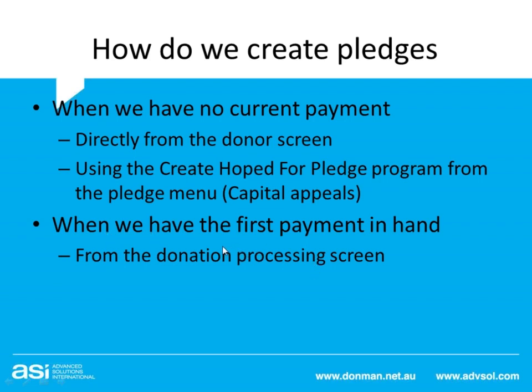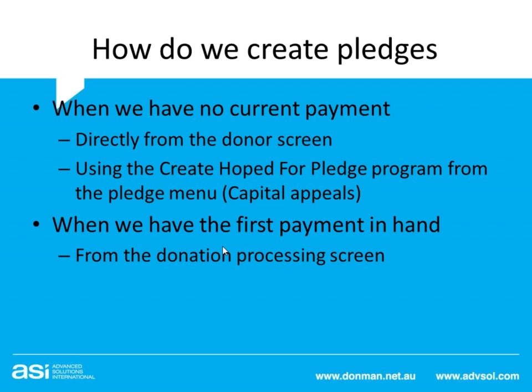So in other words, we would put the $50 donation against the pledge campaign. The donation processing screen would say, oh, there's no pledge record for that one. Do you want to create one? And it would enable you to create the pledge record, and so that when you run the end of day update, the pledge created and the first payment will already have been made.